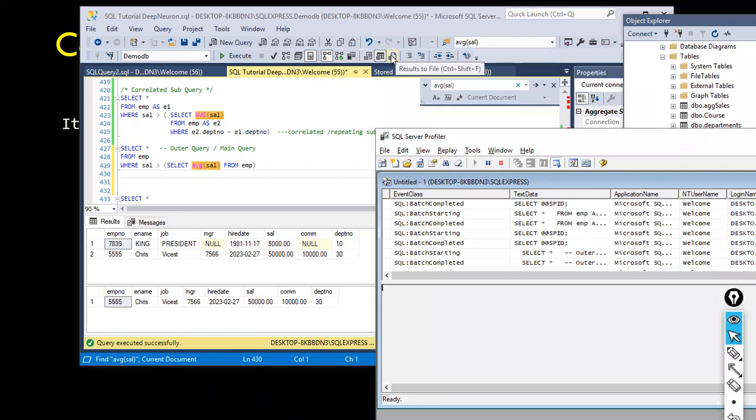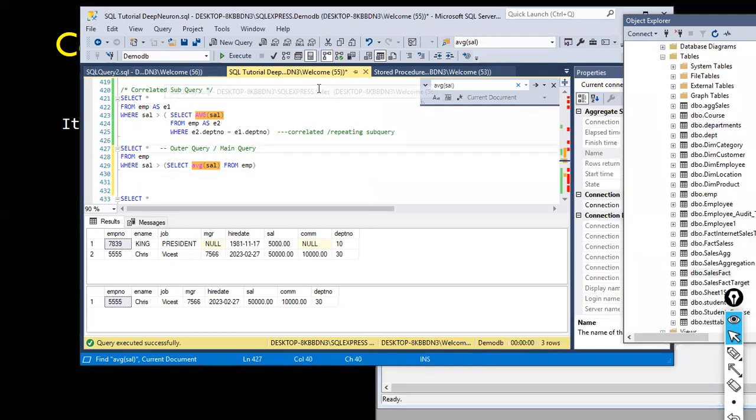Where is it? It disappeared. The execution plan. Let me do one thing. I'll just move this up. Statistics, okay, and include actual execution plan. So if I execute it here once again,